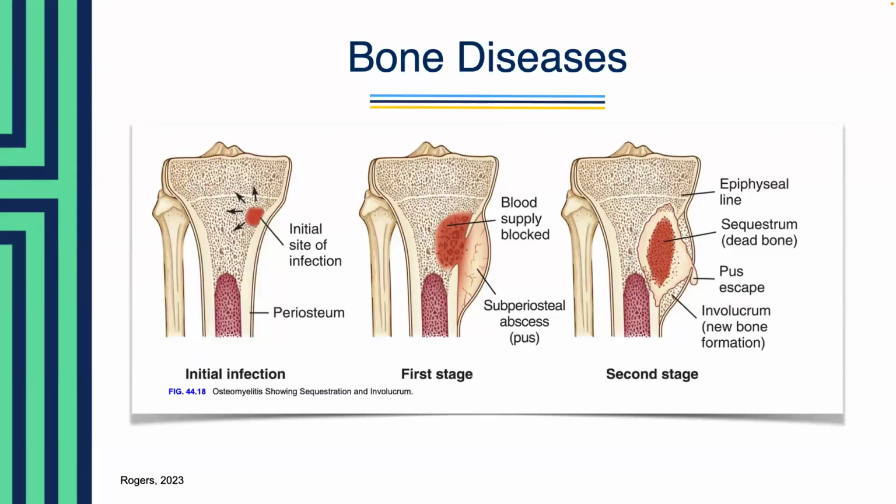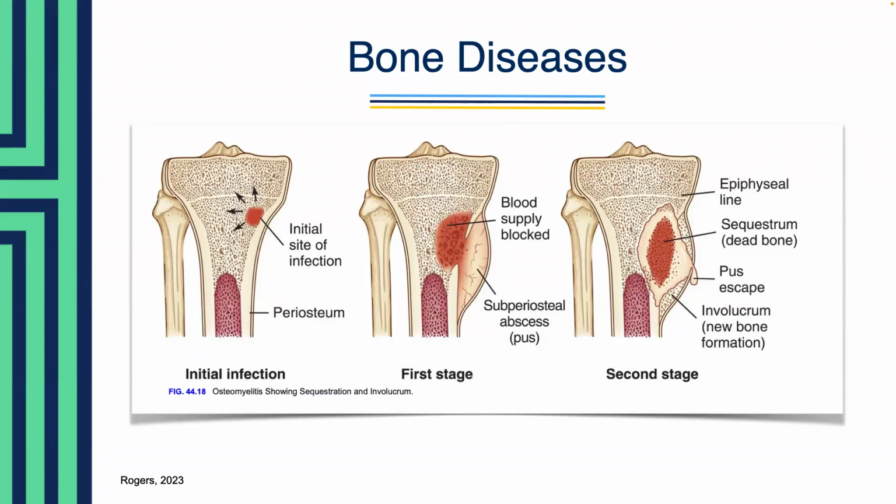Now, the pain occurs due to that inflammation and that increased pressure within the bone and potentially nerve compression as well. So, early diagnosis and treatment is very important to help prevent chronic conditions or complications from chronic infection or pathological fractures as well.